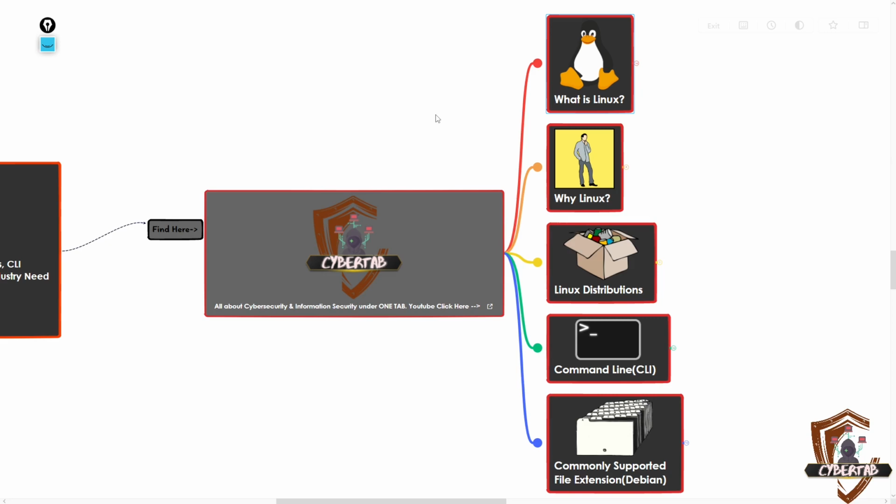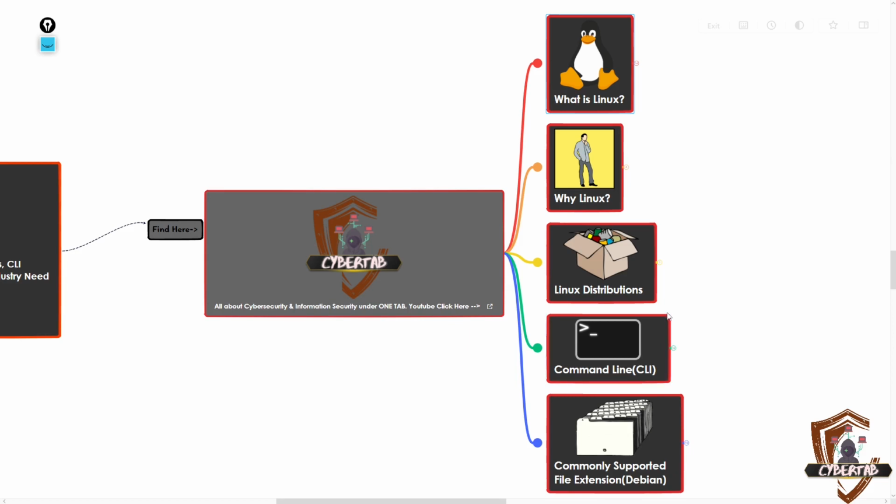And if you have this picture or PDF, one pager I call it, because we are trying to consolidate and keep it as concise as possible, right? So we have made it under one page. If you have it, you have almost 95% of the fundamentals of Linux: what is Linux, why we have to use Linux, what are the Linux distributions, what are the operating systems based on Linux distributions, command line